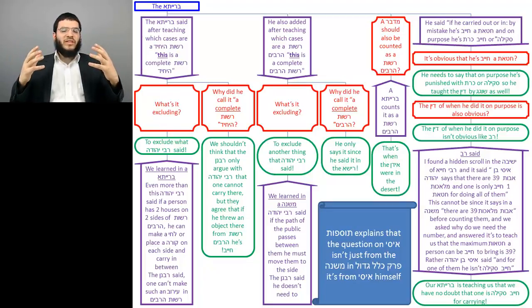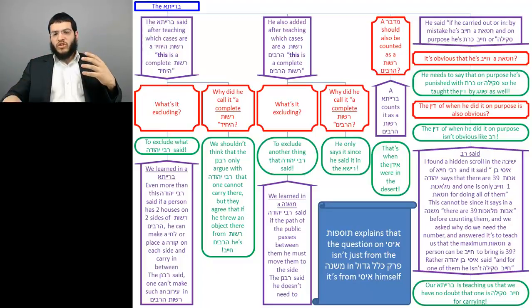Now we could say that we prefer to explain that he doesn't argue. Tosfos says it's more than that. It's not just that we prefer to say he doesn't argue or we assume he doesn't argue. The question is much stronger. It's from Isi himself. Like Tosfos explains, Isi says there are 39 melachos and a person is only chayav one chatas for all of them. By saying there are 39 melachos, he is using the number, and we learn from Perek Klal Gadol that if the number is used, it teaches us that if a person did all 39, he needs to bring 39 chatas offerings. So how could Isi then conclude that if he did all 39, he only brings one?